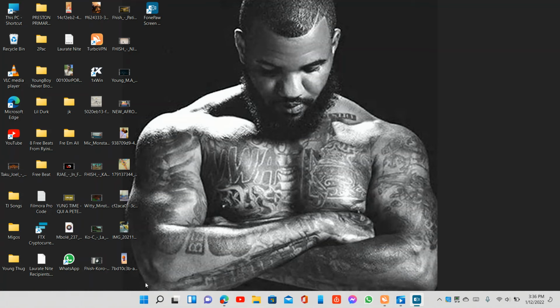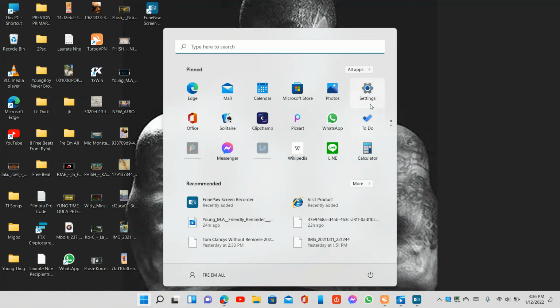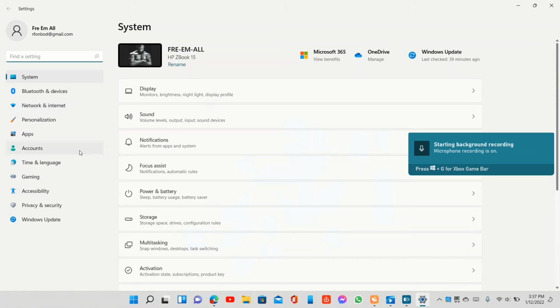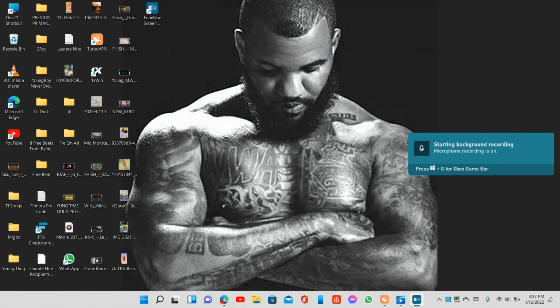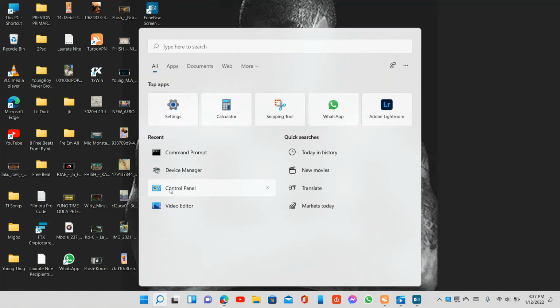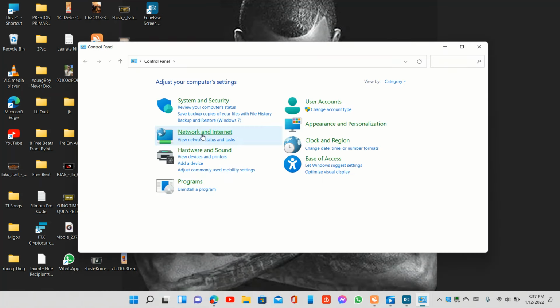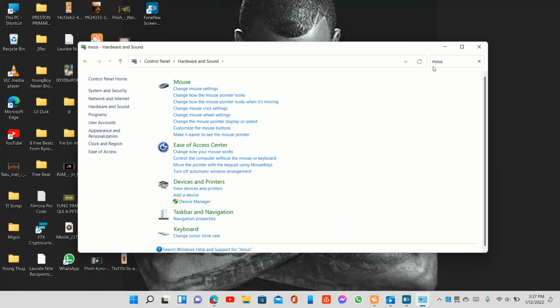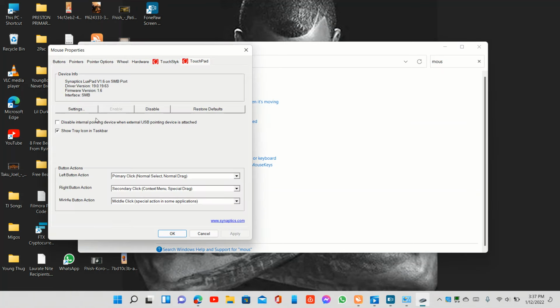So first thing you want to do is to go to settings, and then on the settings you... my bad. First thing, you go to control panel, and then you go to hardware, and then you search for mouse. And under mouse you come to change mouse click setting, and on that you see next you go to touchpad. Alright, you click on touchpad, and then you want to go to